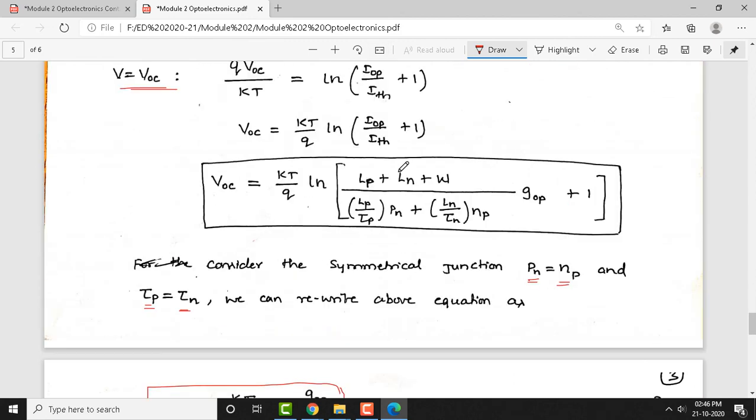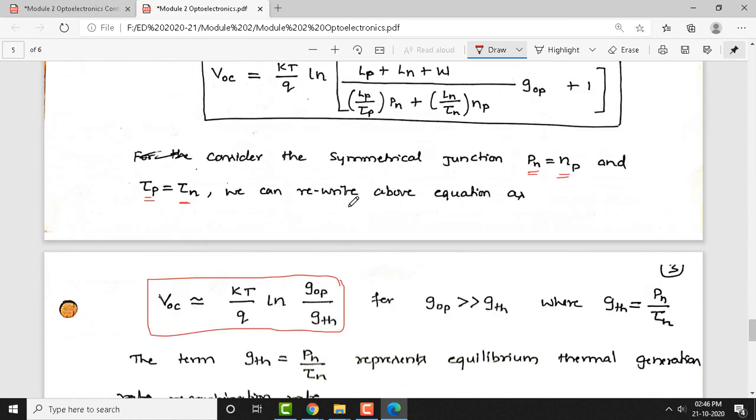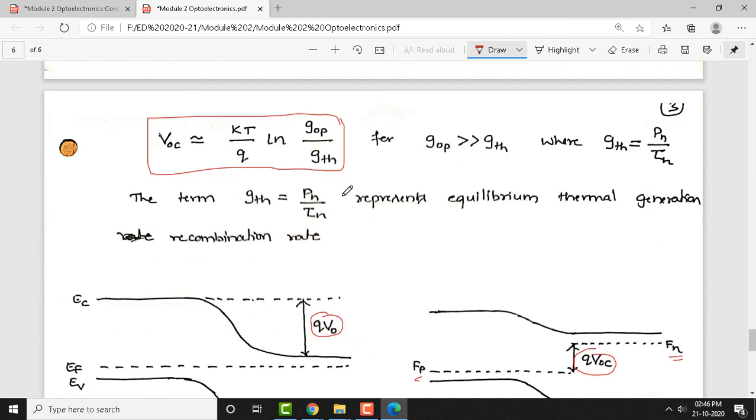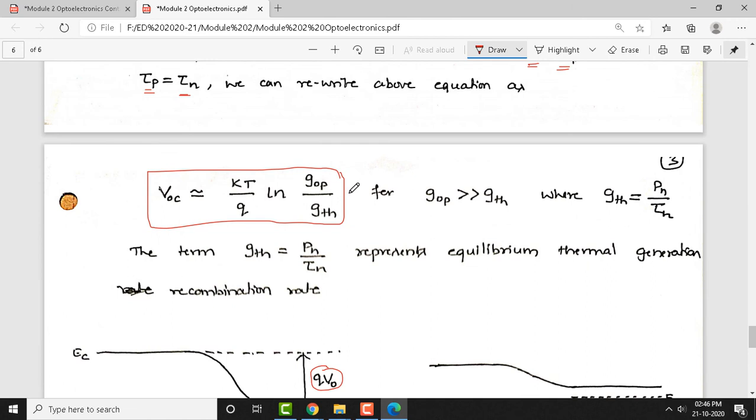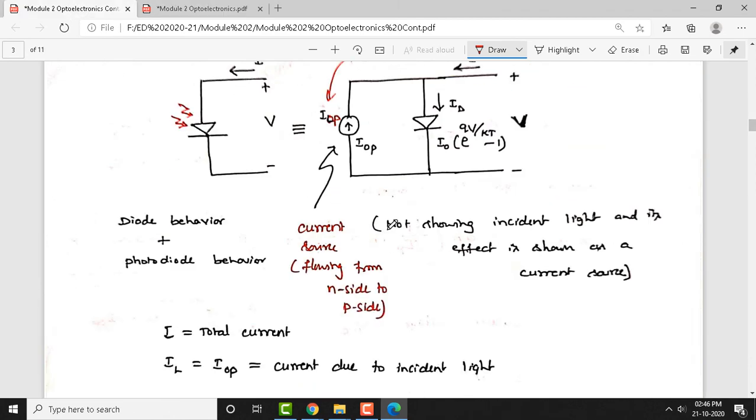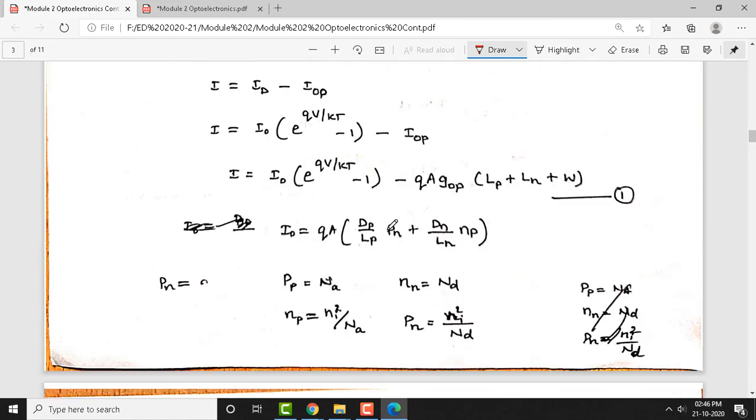This derivation I will cover in the other notes, other material also. Meanwhile, if you have any questions, you can ask me with reference to this. We will take up this derivation in more detail in the next class, open circuit and short circuit current and open circuit voltage. In this material I have covered it in more detail, that is what you are seeing here.